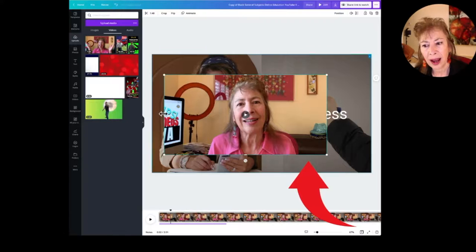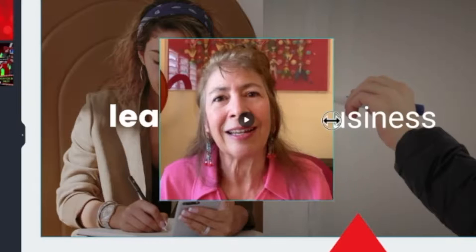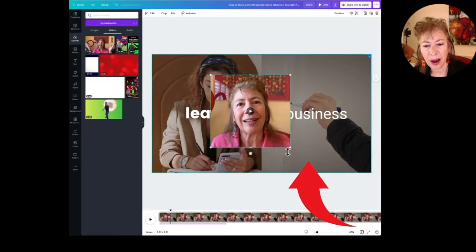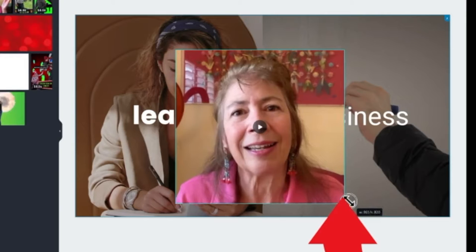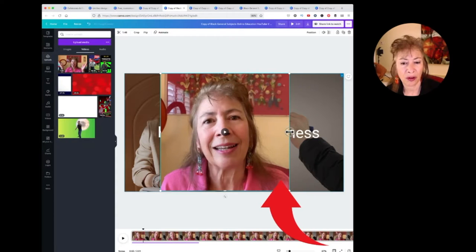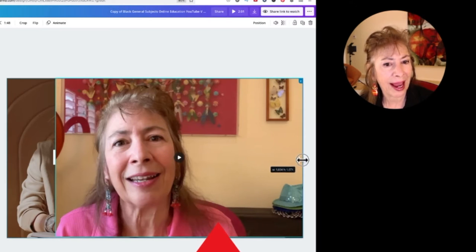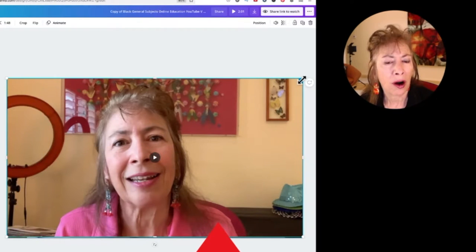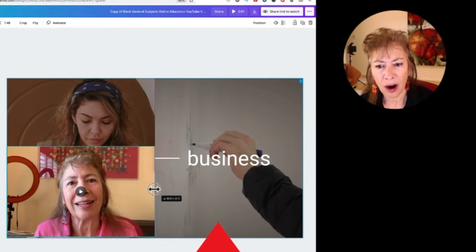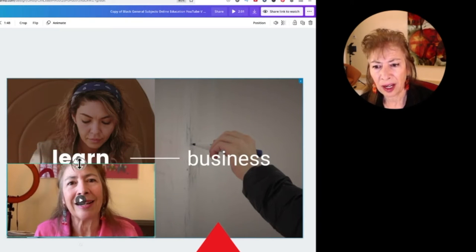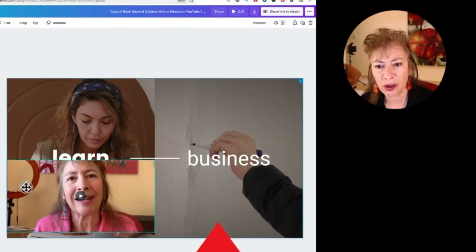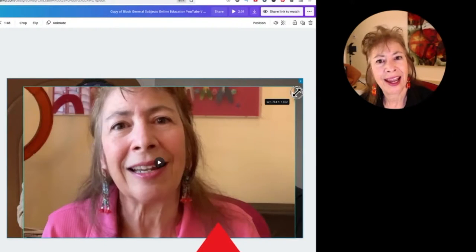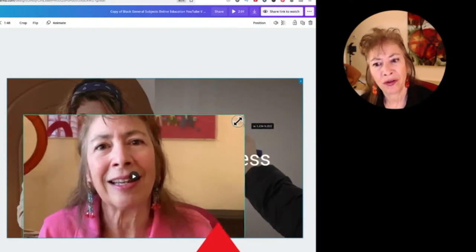So here we are, and I've selected it by just clicking on it, and now I can pull down the top, I can pull in the side, I can pull up the bottom, I can drag out the corner on both sides, and now if I wanted it to fill the whole screen, I could go back and pull out the sides, or I could pull it down and crop it again, and I could add another video, or I could have learn coming out of my head. So this is how you crop and enlarge and reduce your videos